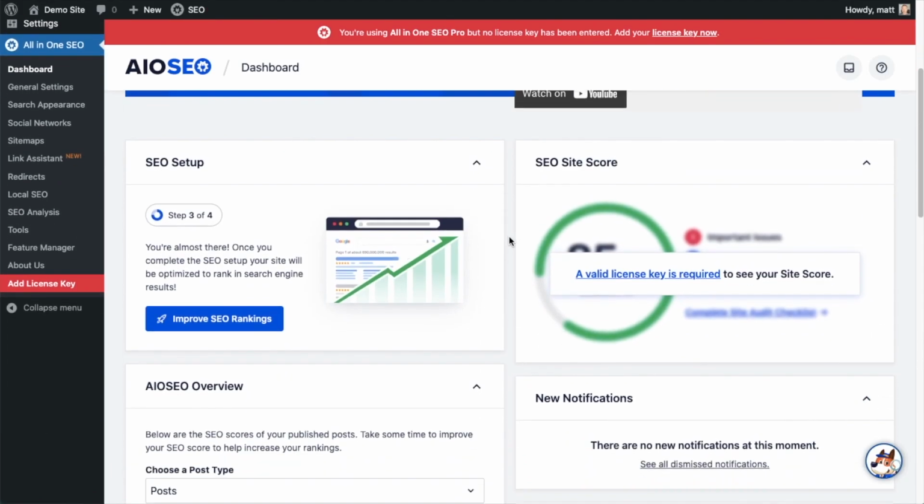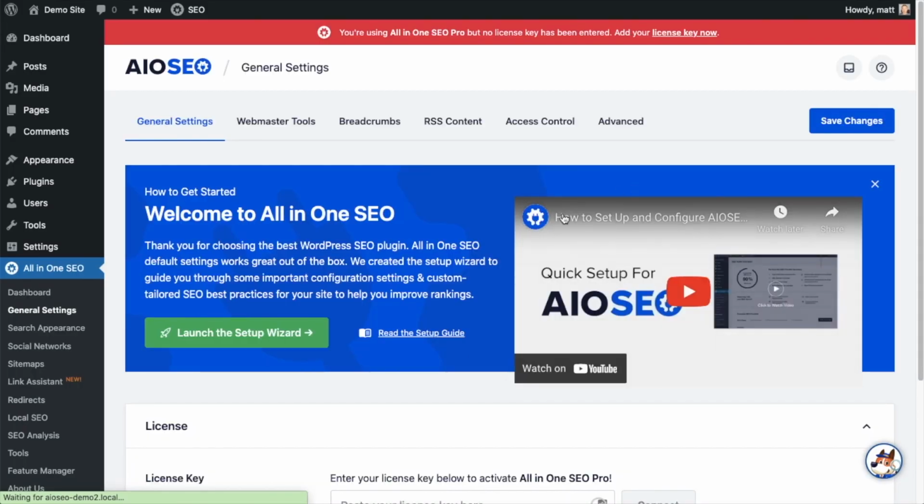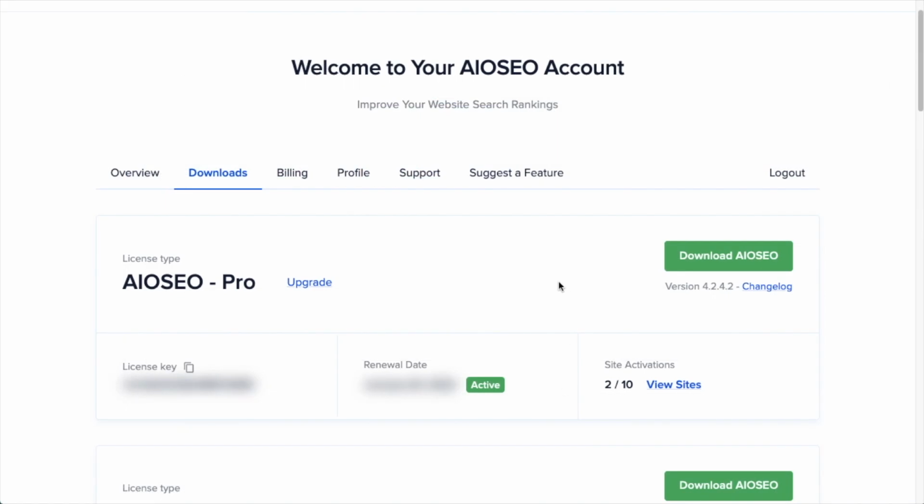And then if you scroll on down the page and click the link, there's a space for us to enter our All-in-One SEO Pro license key. Back on our AIOSEO account, which you can find at